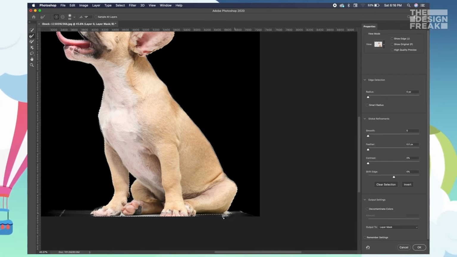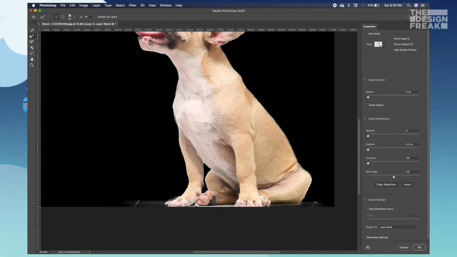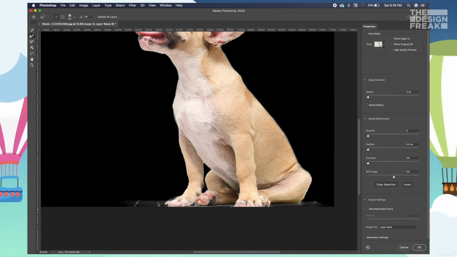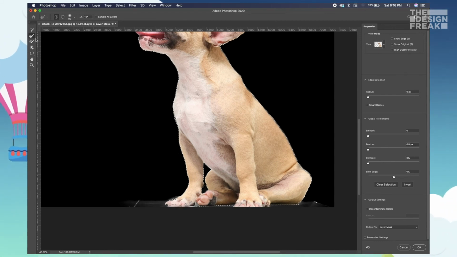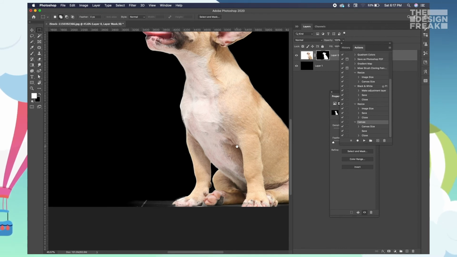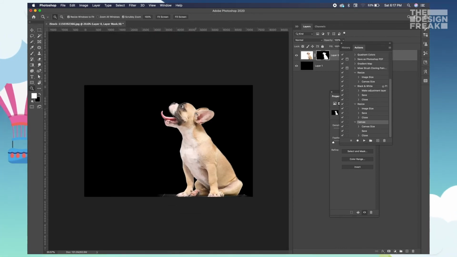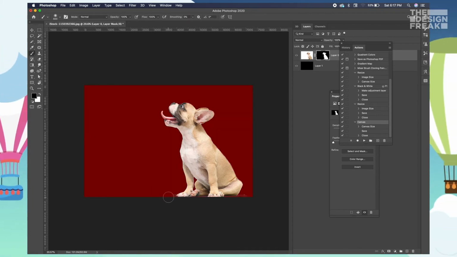Done. Move this area. Here you go. Getting deleted. Right here. Here. Now in case you would want some area to be there, you can just get it back as well. Right here. You're done. Once you're good with that, click OK, and there you go. Your dog is having cleaner edges, and of course you can clean this up using your brush as well, where you simply remove all of this area.